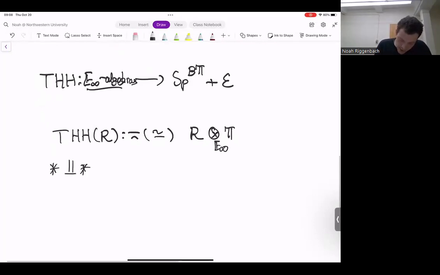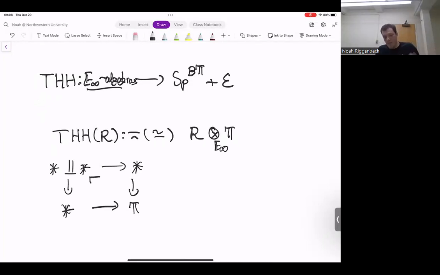You can take two disjoint base points, or two disjoint points. You can map them both to a point, and you can take the pushout, and that'll give you a copy of S1. Okay, so this formula is telling you that then if you replace points with R